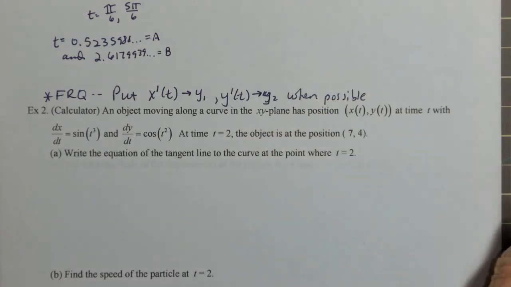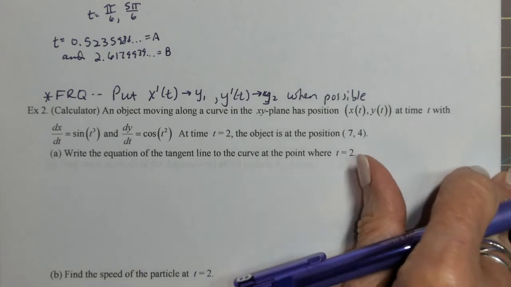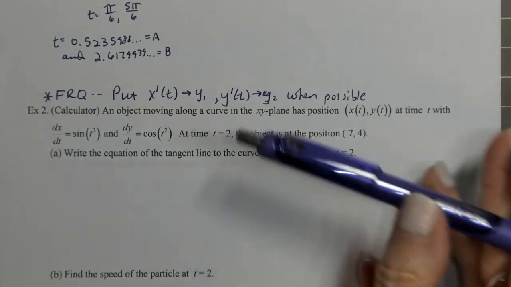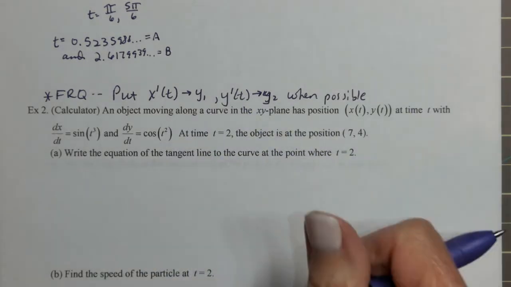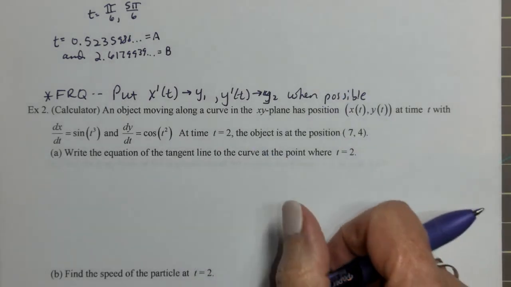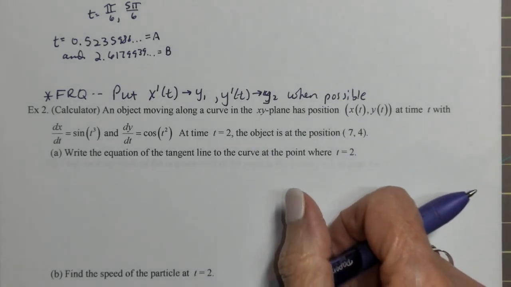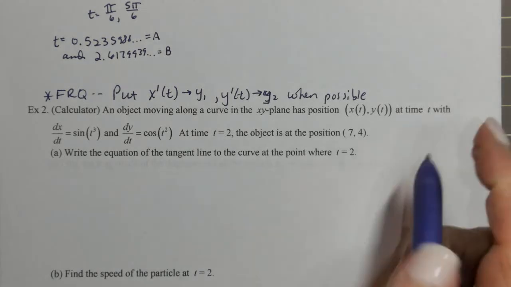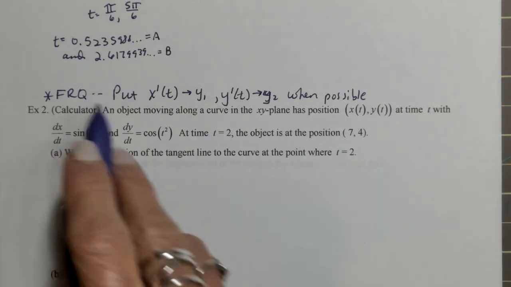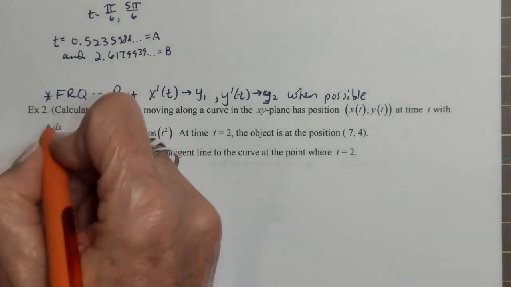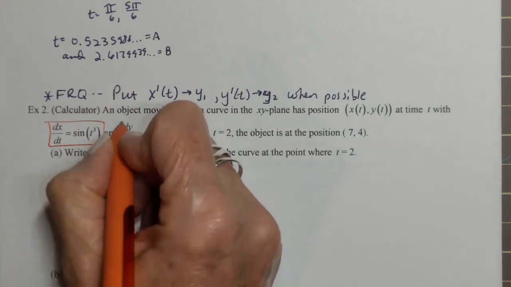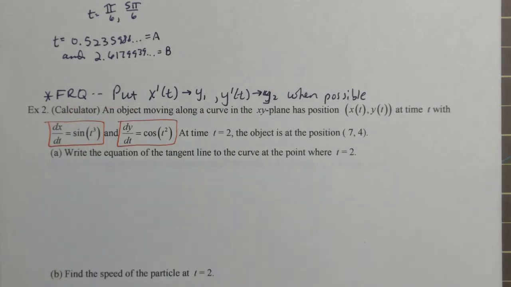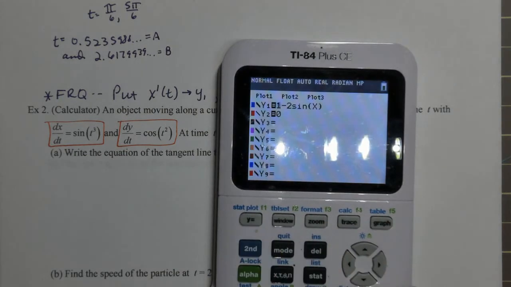Okay, so we'll see if it's possible here, but that's in general a multi-part motion problem. Put the derivative, put velocity into your calculator. All right, and in here I'm reading along, and they do indeed give us dx/dt and they give us dy/dt. So I'm going to do that. I'm going to come back,